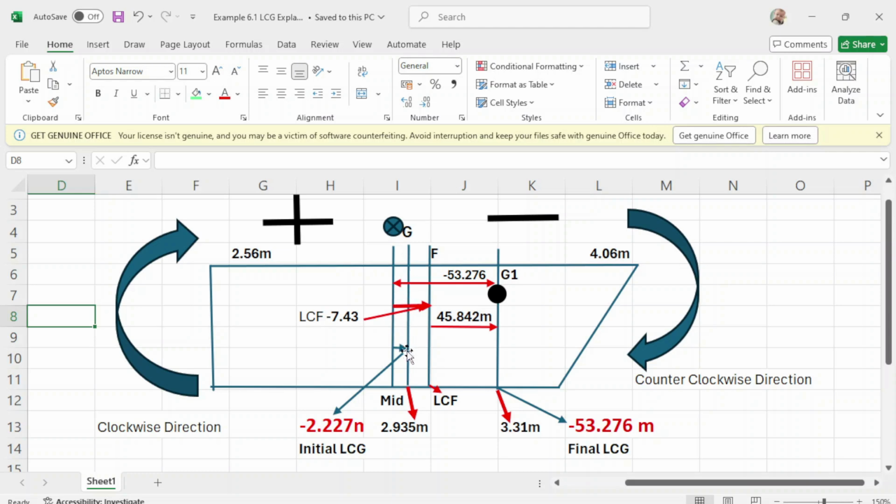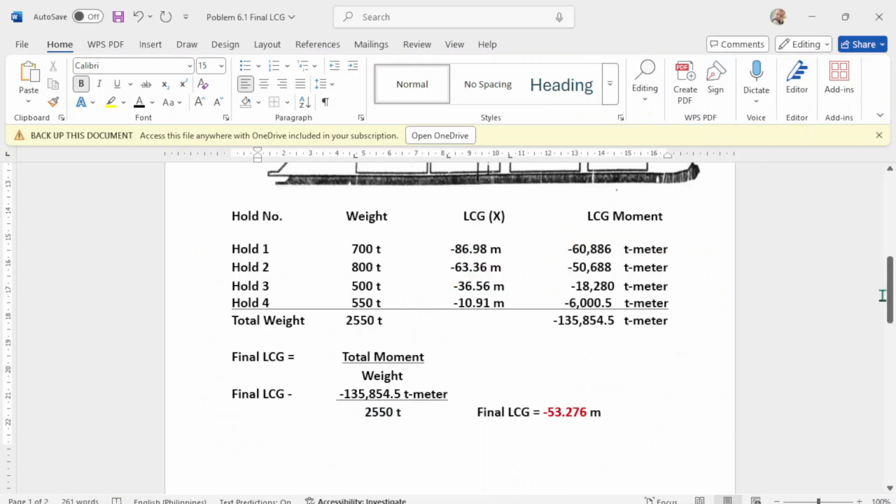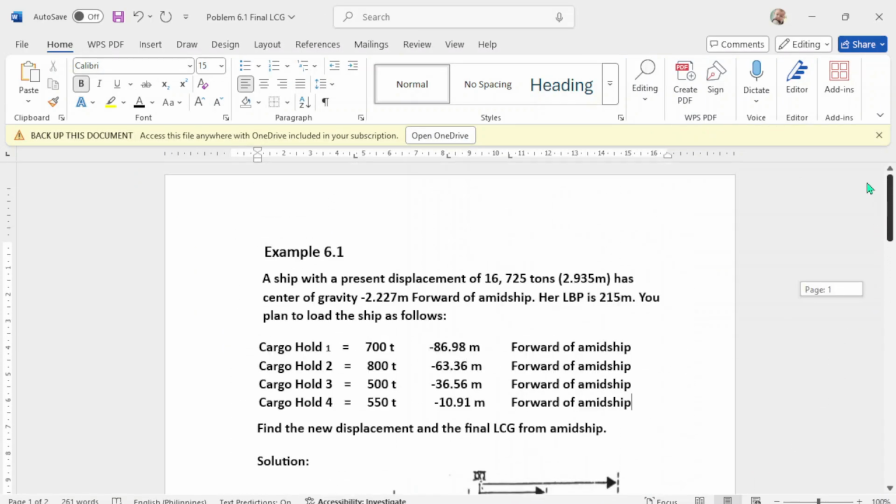This is your LCG with a displacement of 16,725, and your LCG is negative 2.27, or the draft of 2.935, which is this one.